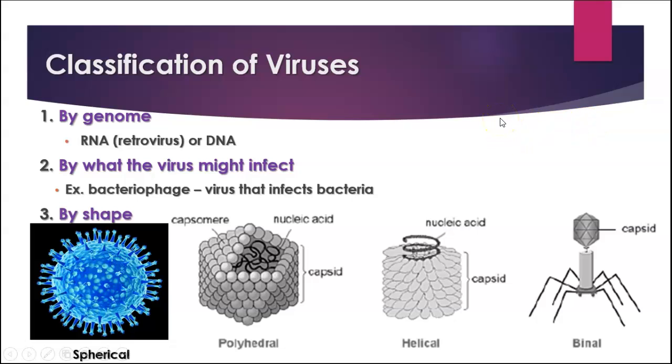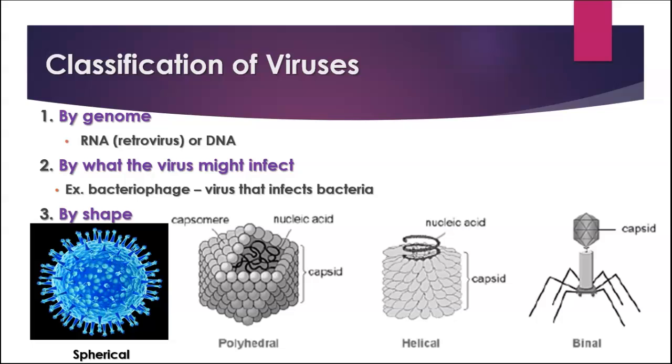Viruses are classified by their genome, either RNA or DNA. Some RNA viruses are called retroviruses, and we'll talk about what that means. Some of them have, like I said before, single-stranded RNA, single-stranded DNA, double-stranded RNA, double-stranded DNA. There are lots of different things. They're also classified by what they might infect. For instance, a bacteriophage that we talked about is a virus that infects bacteria. And then they're also